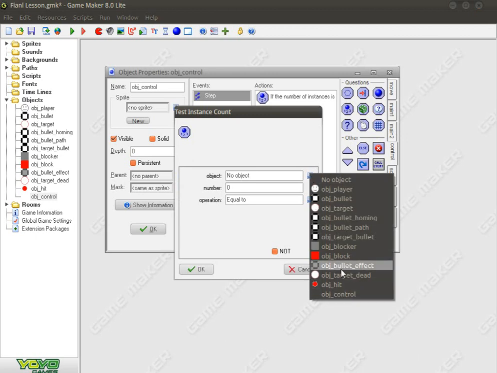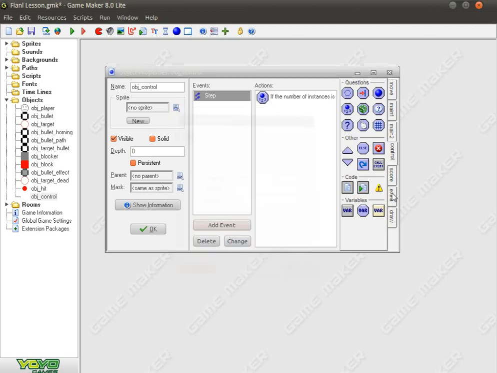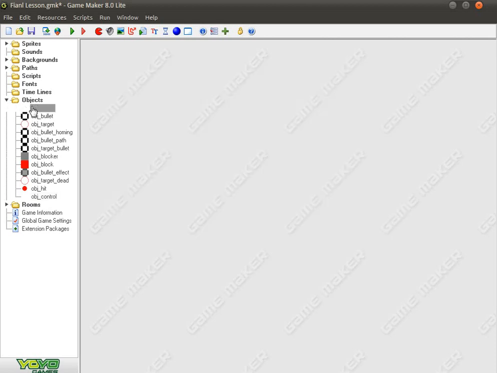So it will always check how many object target are still on the field. If the number is equal to 0, if there are no object target in the room left, it will do